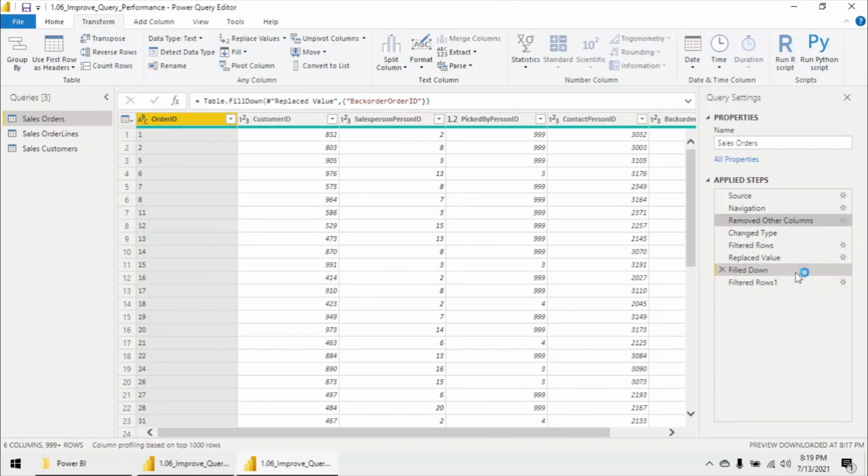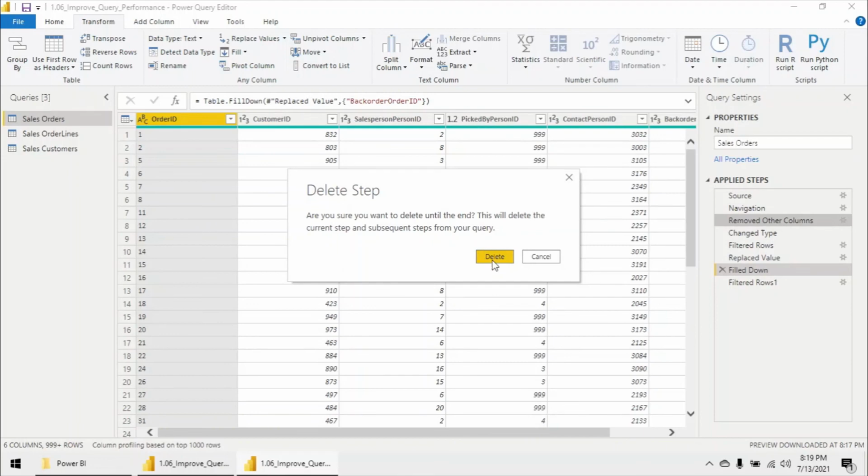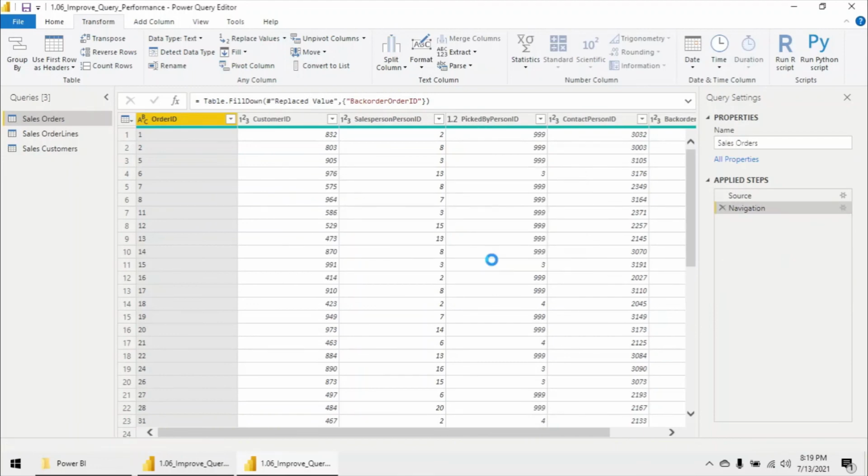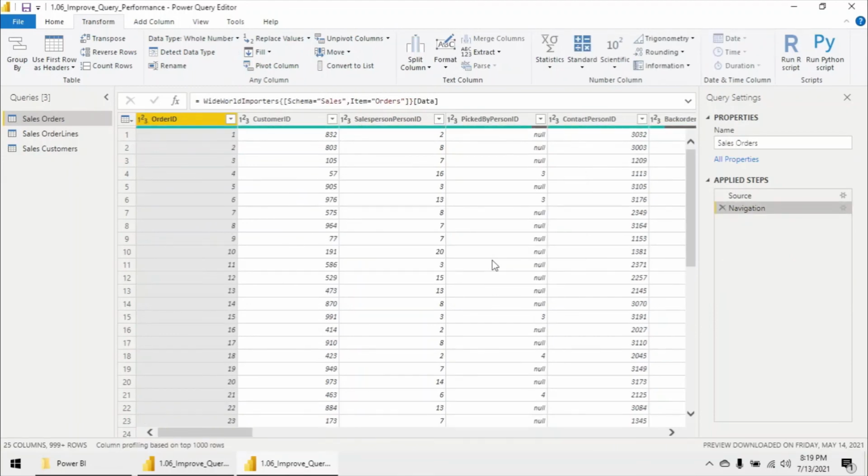So just so you know, I'm going to delete all these extra steps here by clicking delete until the end, and I'm going to get back to